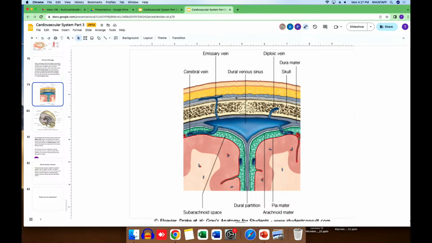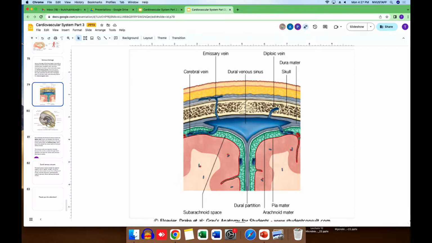Connective tissue, yes. Great, great. So we went to the dural venous system, and as you see here, we have emissary veins